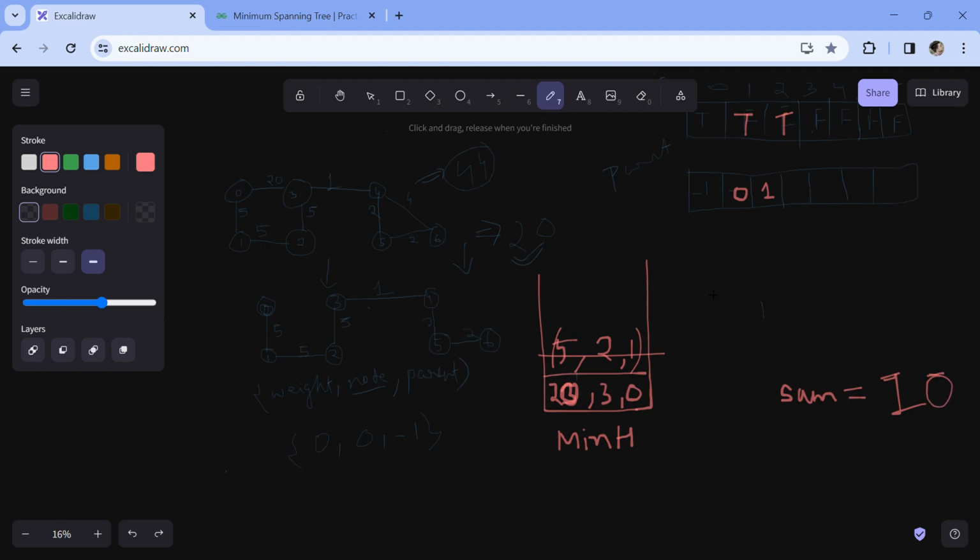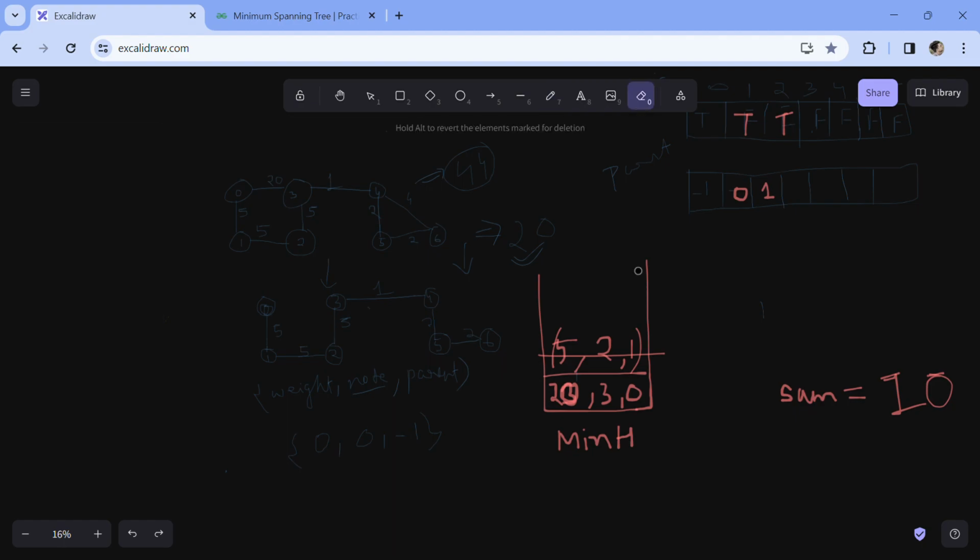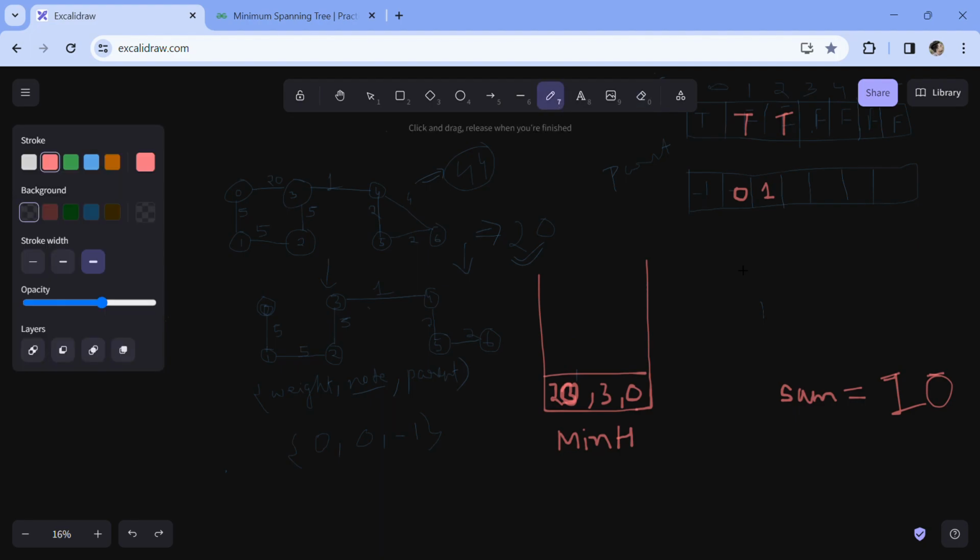Okay, so I will pop this pair from my min heap. So now I will explore the neighbors of 2. So from 2 we can go to node 3 and node 1, and node 1 has already been visited, so we cannot traverse back to node 1. So we will remove this and we will simply go to node 3 that has edge weight